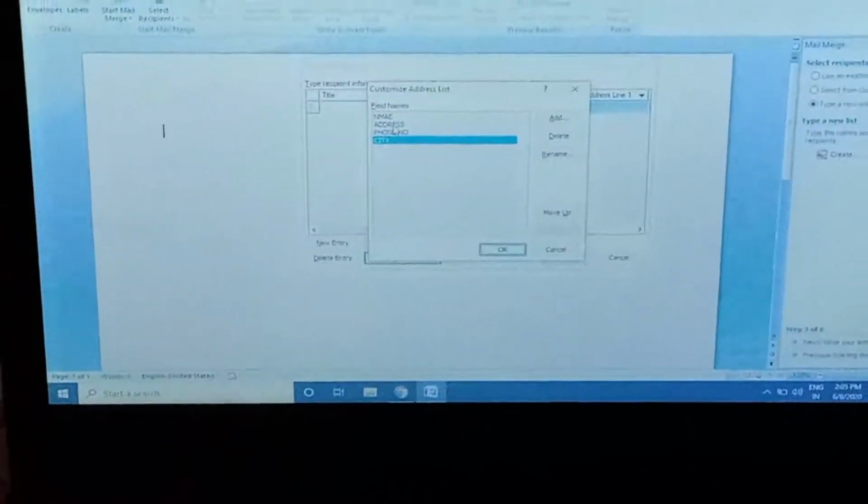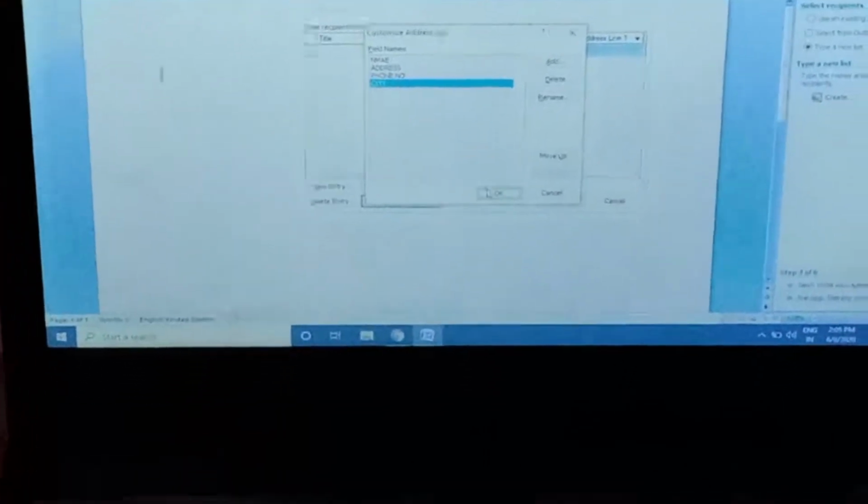I mentioned four fields and click OK. You can choose how many fields to add in this letter, then click OK.